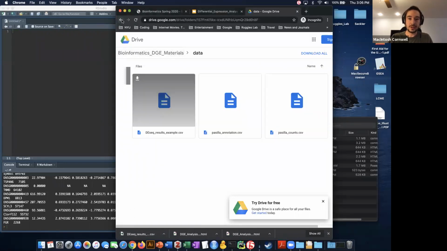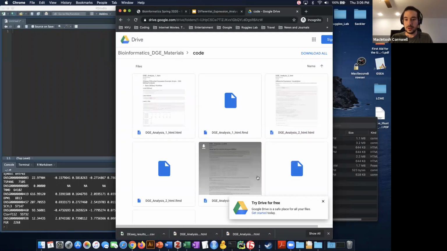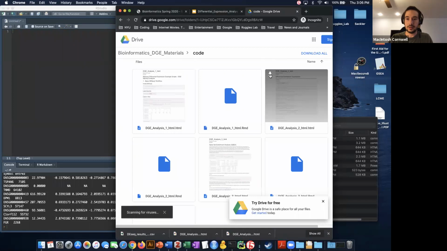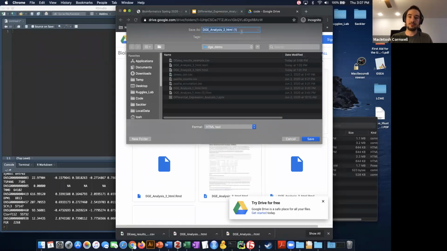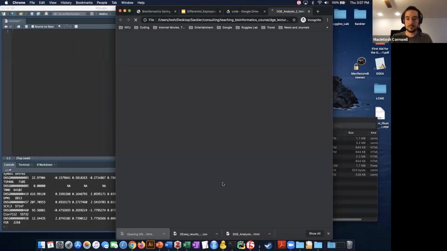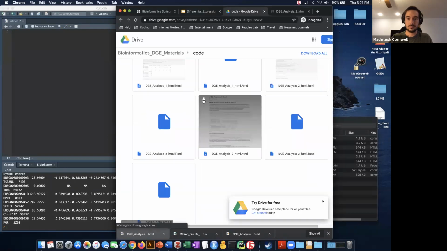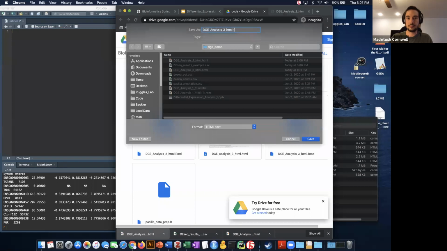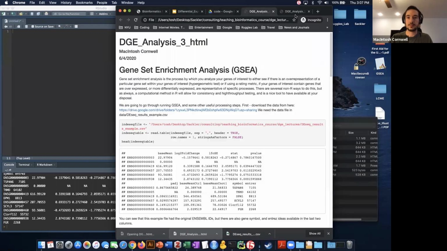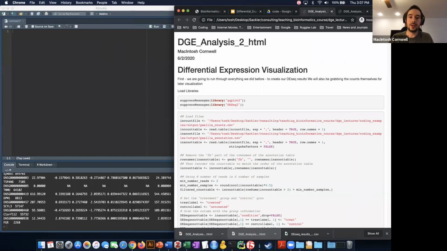And then as far as the coding material goes, I have two more markdowns in here. I have 2 and 3. So we're going to download those and we're going to open them up. So starting with 2, this is the vignette I prepared for you to go over the visualizations of differential expression